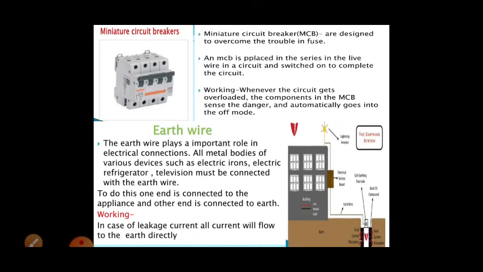This earthing connection is also most important to protect against electrical damage or any incident or accident from electricity. So MCB, fuse, and earthing wire all keep our electric appliances protected from damage.